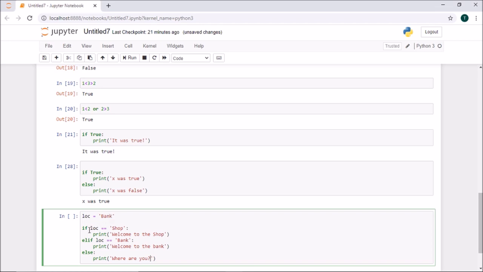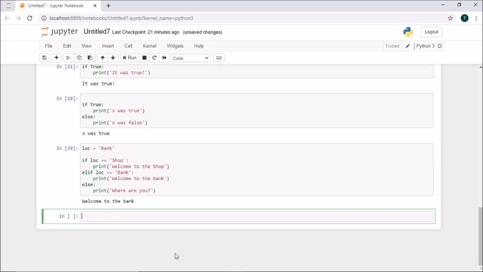When I run that, it will go to the first line. If LOC is equal to shop, we use equal to, which means we are comparing that. It is not equal, so it keeps going. Elif LOC is equal to bank, satisfied, then it will print welcome to the bank. If I run that, it gets me the value welcome to the bank.